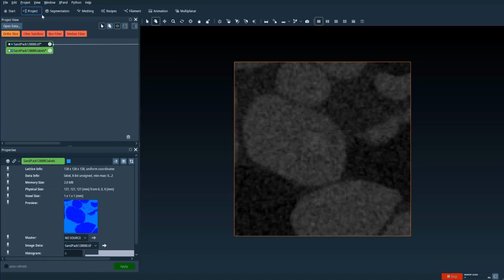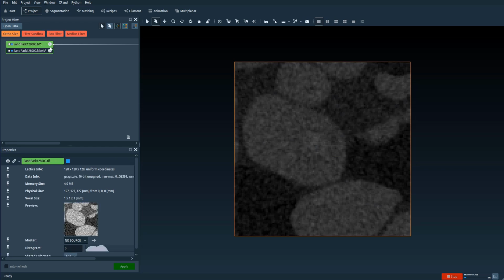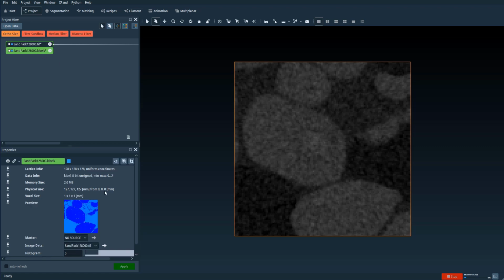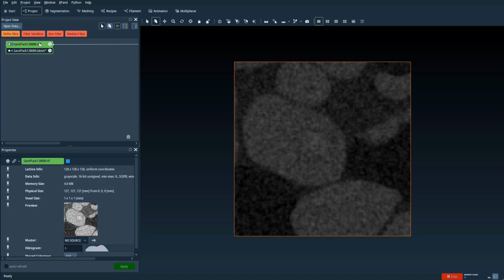So let's go ahead and go back to our project view. And as you can see, we have here our segmentation with the noise over here. You can see it in the preview. And what we want to do now is apply pre-processing, okay, to our input image. And